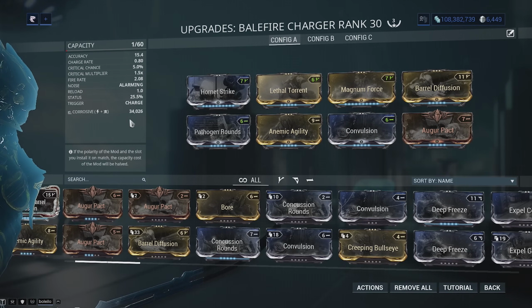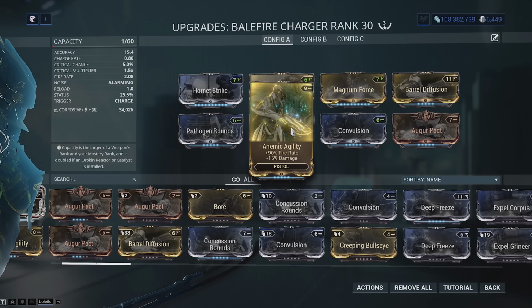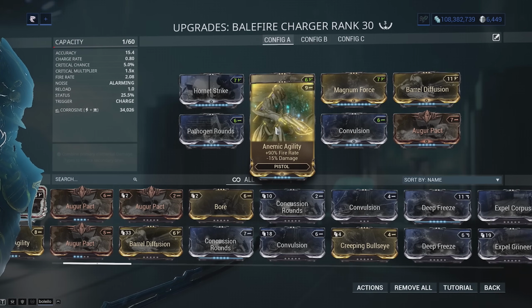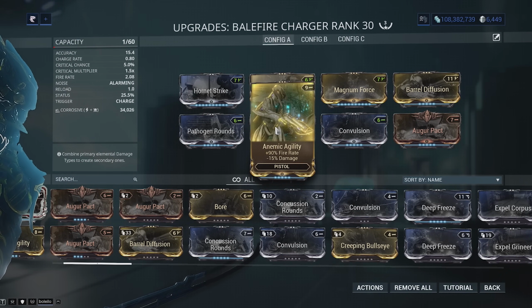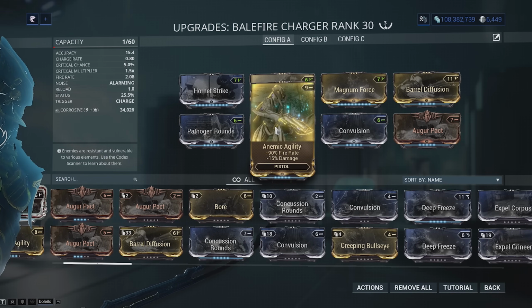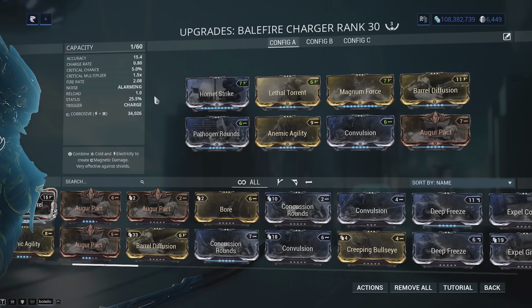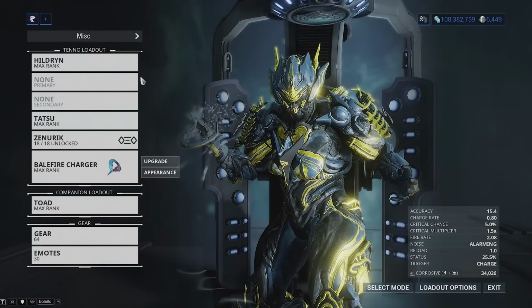So we got 34,000 corrosive damage with this build specifically, and that's also including the, you know, the minus damage from Anemic Agility. Now, you could go ahead and throw on 2 Arcane Velocities if you didn't want to run Anemic Agility and you want the more damage. That's totally fine as well. And also keep in mind that your Power Strength is going to affect the amount of base damage that this ability deals as well. So with that being said, that's how I modded the Balefire for this video in particular. Of course, there will be better builds later on whenever we do more in-depth videos about Hildryn, but this is just a pretty standard build, which I would recommend sort of aiming towards if you want to get into playing